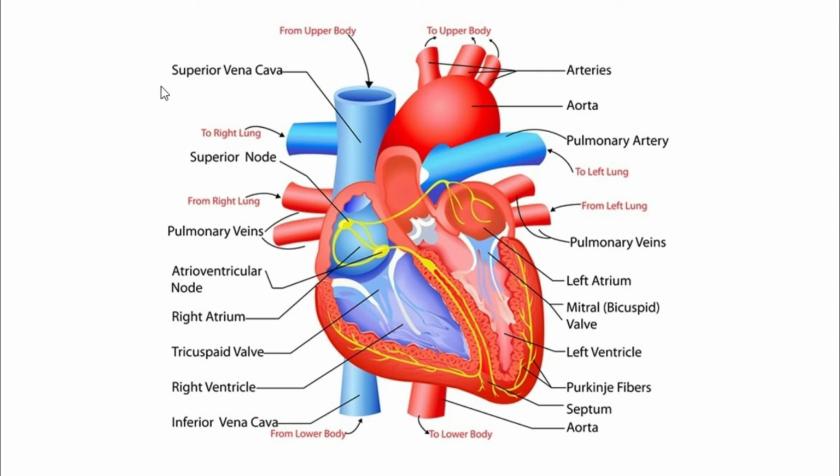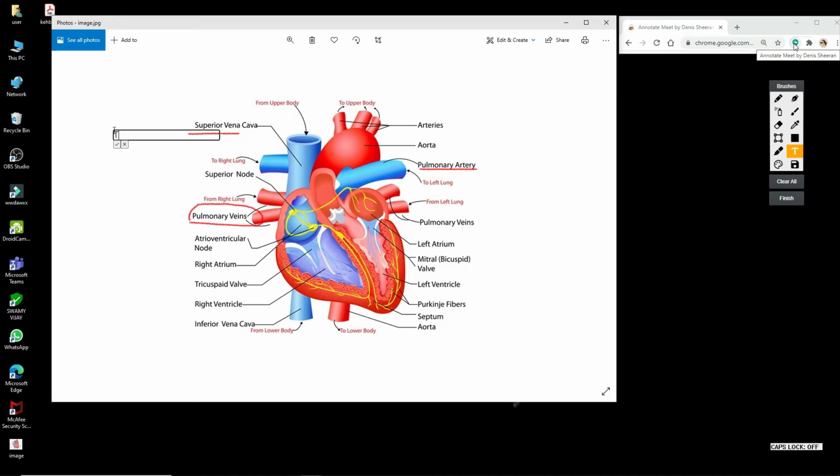You will draw like superior. You want to explain this part, you can highlight that one. When you are talking about pulmonary veins, you can circle those pulmonary veins. Or if you are talking about the pulmonary artery, you can highlight that pulmonary artery. Or if you want to write something on the screen at this place, here you can write like this is important, and you can adjust this and then select this right arrow mark and it will be shown on the screen.